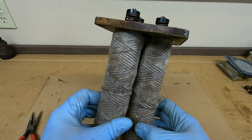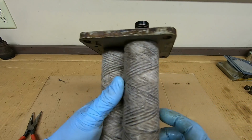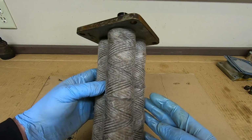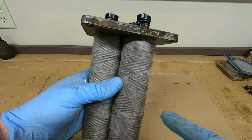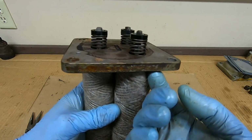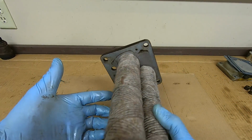All right, now we're going to look at the filter elements. Like I said, these are the original style. They're like a very tightly woven spool of yarn, really, kind of a fabric. And the way these work, fuel under pressure is put to the bottom side of this plate here, and it has to be forced into the filter itself and then go up the middle of it and then exit beneath these keeper springs up here. That's how